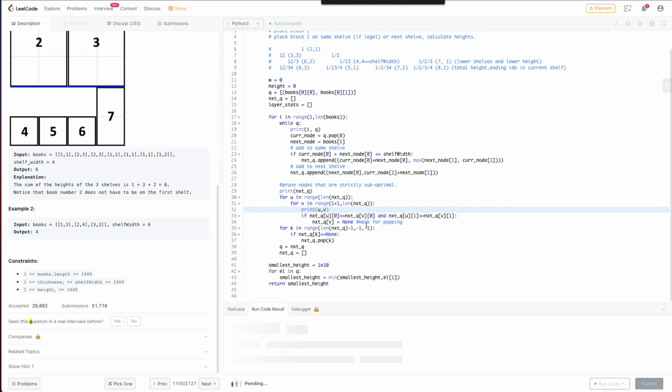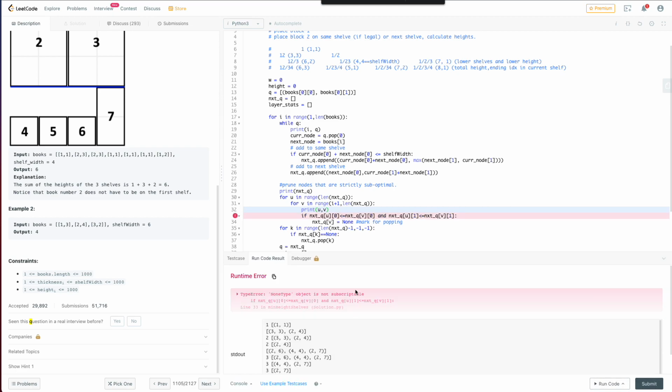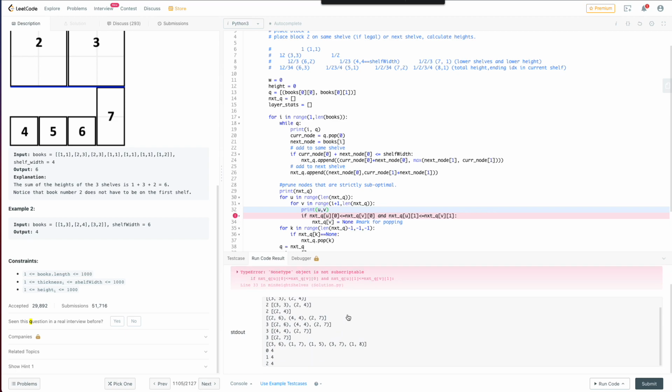So that looks okay. Next queue is of this length, and